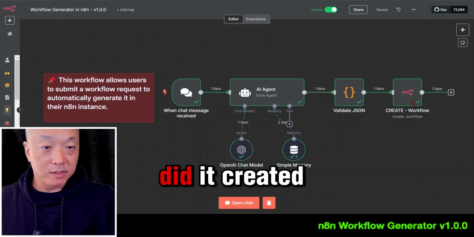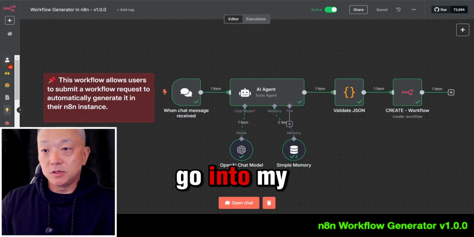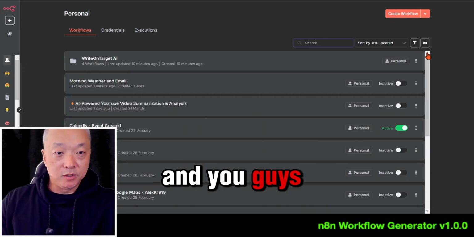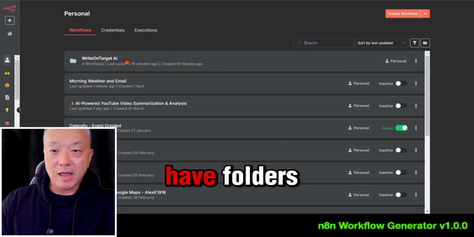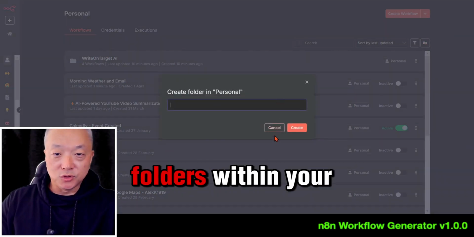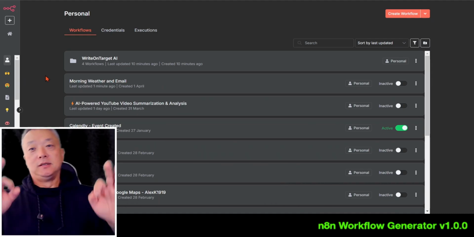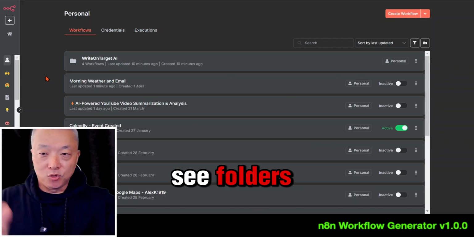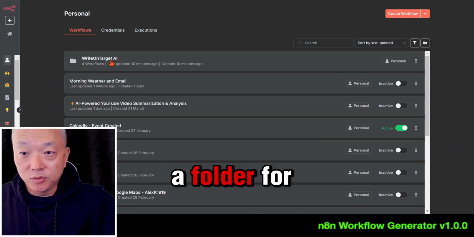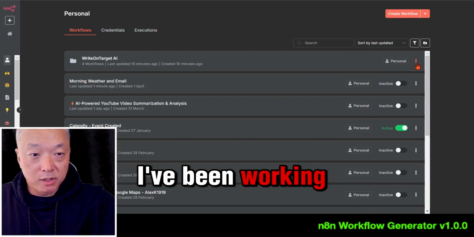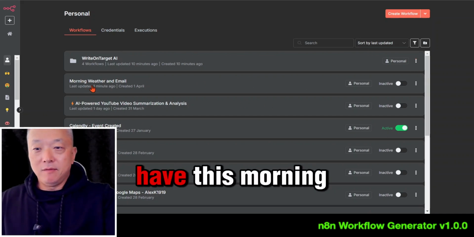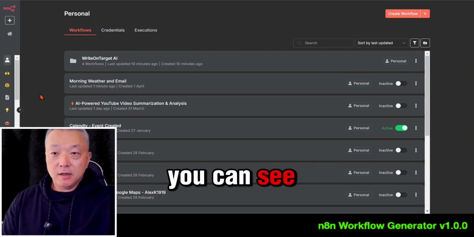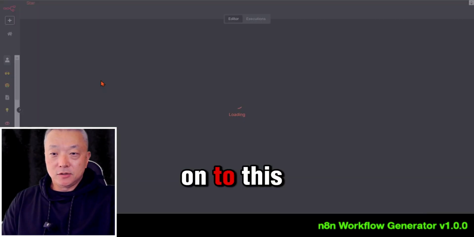All right, so let's see what it did. It created the workflow. So if I go into my personal folder or personal project here, and you guys can also see, by the way, that we now have folders. You can create folders within your projects. So hopefully you've upgraded your instance of n8n and can now see folders. And so you can see here I have already a folder for this project that I've been working on. And now we have this morning, weather, and email. This is the workflow that was just created. You can see last updated 1 minute ago. If I click onto this,